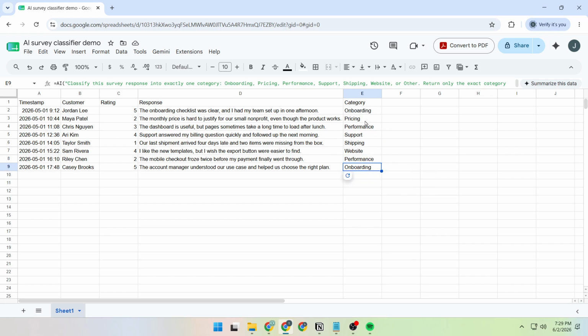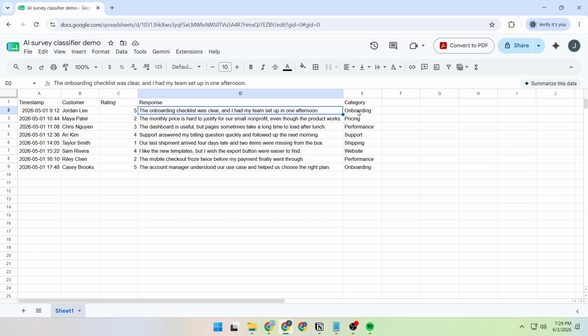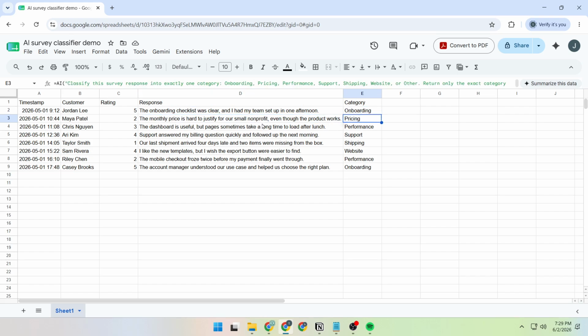Scan down the category column in column E and compare a few of the labels against the matching survey responses sitting next to them in column D. If a label looks unclear or does not quite fit, click on that category cell to select it. To make Sheets try that row again, click Refresh and insert in the AI function control that appears for that cell. Look at the new result, and if it matches the response better than the original, keep the refreshed label